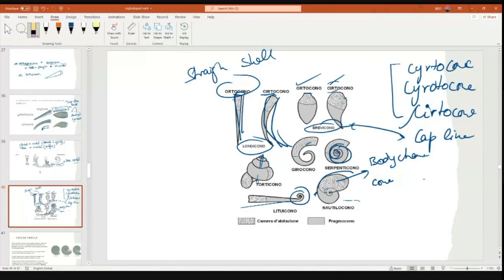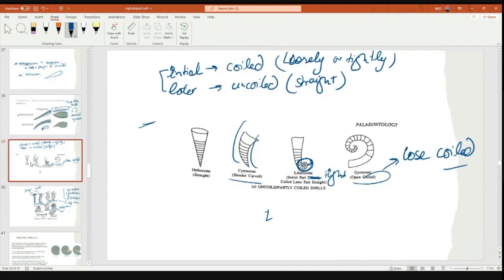So these are all different kinds of cone. This is gyrocone again. Sometimes it is spelled with GY, or sometimes GIRO. Just remember, don't focus on the spelling, the concept is more important. Gyrocone is loosely coiled or open coiled. These are from the book by Amal Das Gupta, so it is better to go through these spellings. So this will be correct: gyrocone, loosely coiled; utility cone, initially coiled and later uncoiled.